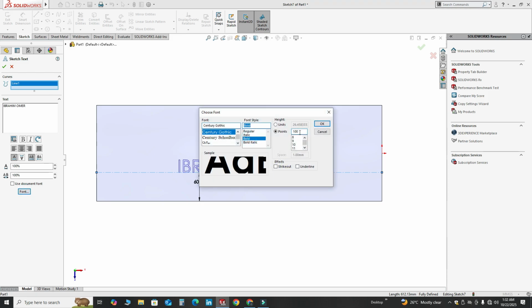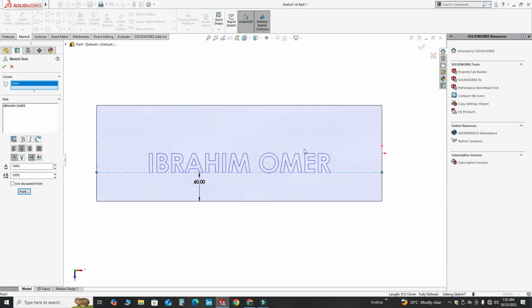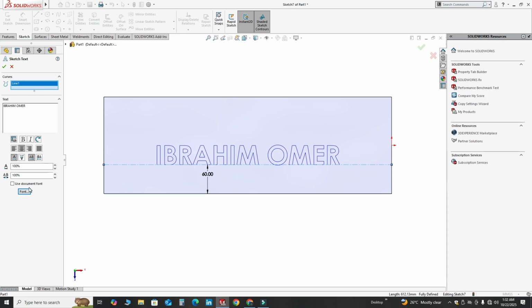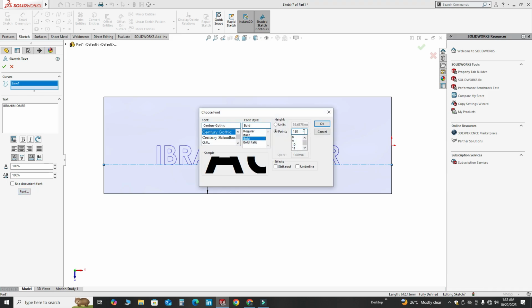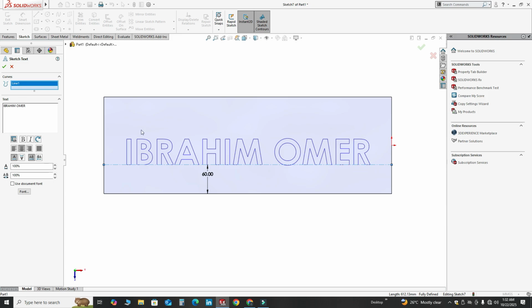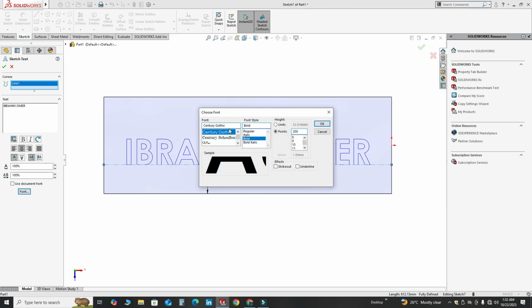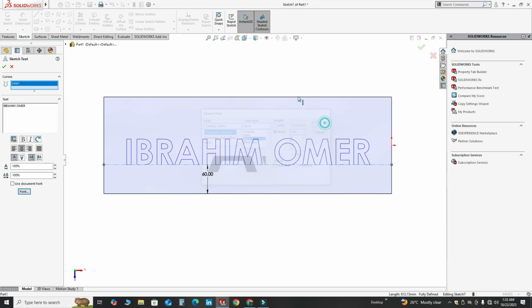Let's make it bold and let's change it to 150. It is still very small, so let's change it to 200. Okay, that's fine. Here you can change this font, you can change the font style, and you can make your text underline and strike out. I will select OK.